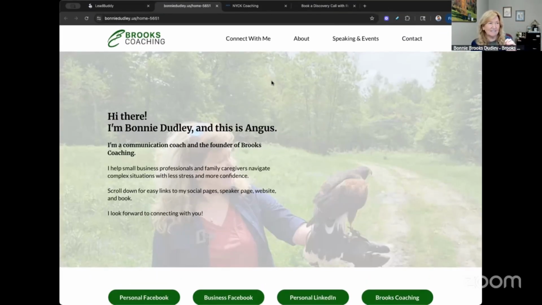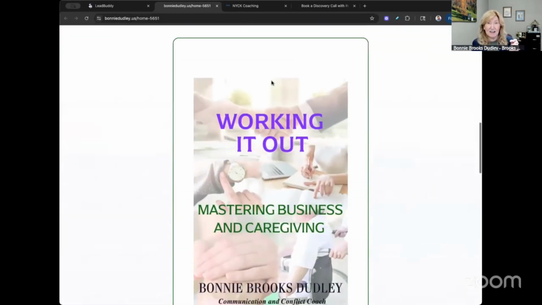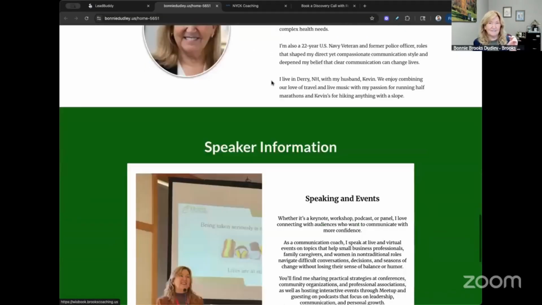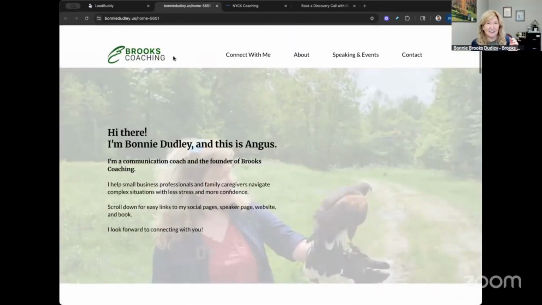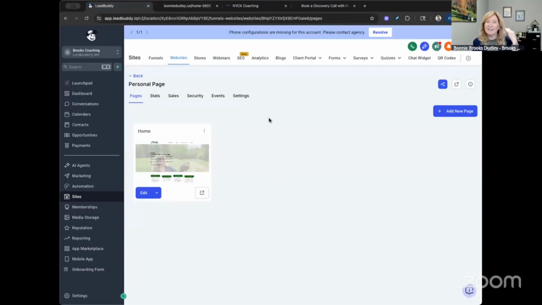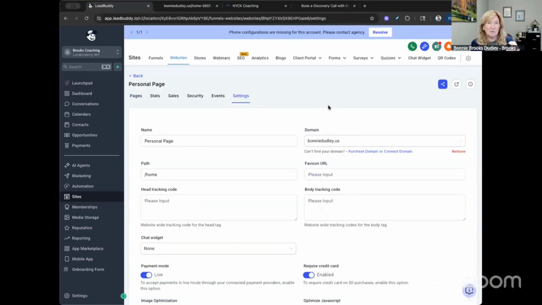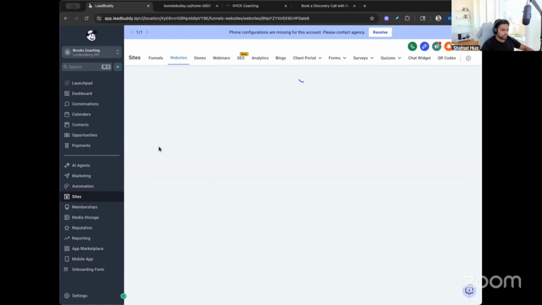I'm going to be expanding it a little bit, but it wasn't bad for 4 hours of work. So this will be a place that, because it's built within LeadBuddy,